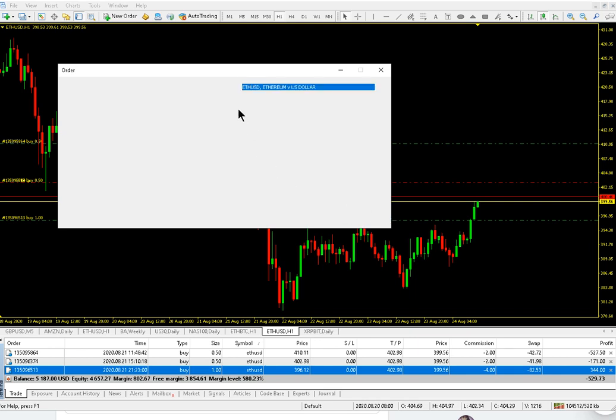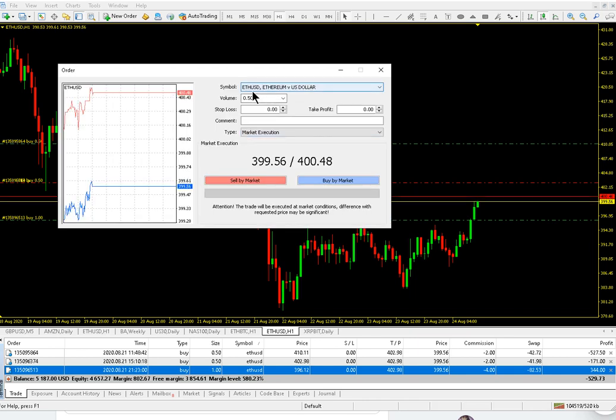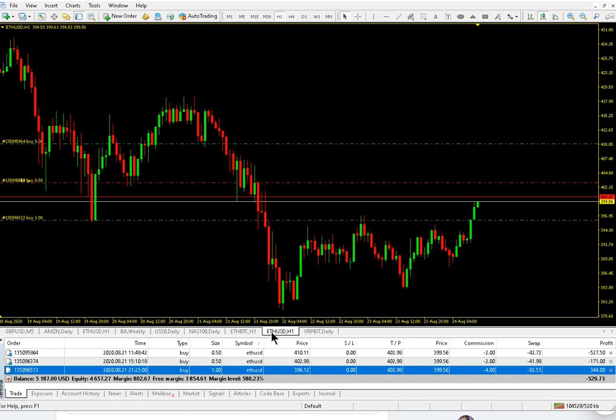I'm gonna press new order, but I'm not gonna place a new order. But you see how it says ETH USD? This is the price of Ethereum in US dollars. If this said USD ETH, it would be the price of the US dollar in Ethereum. I know it sounds weird, but if you take any type of trading instrument, if it's a pair,